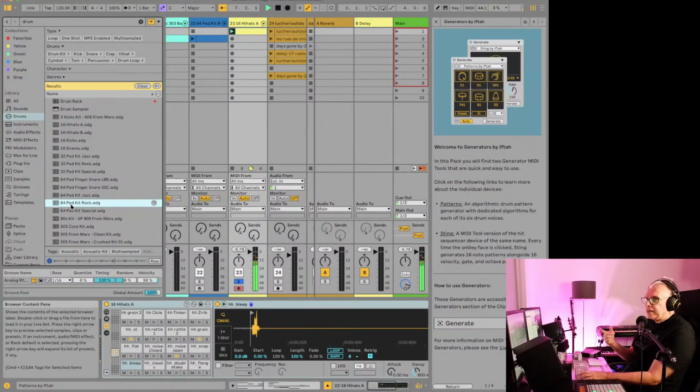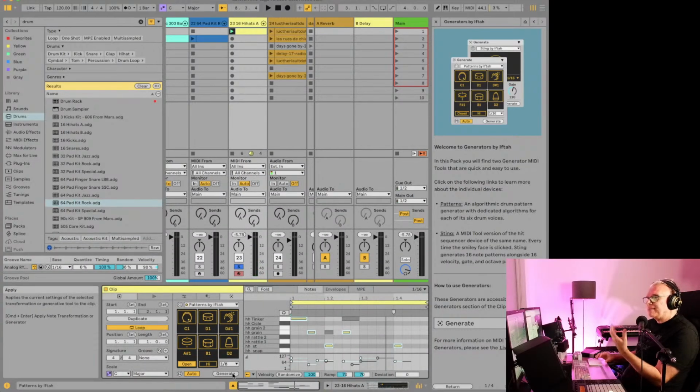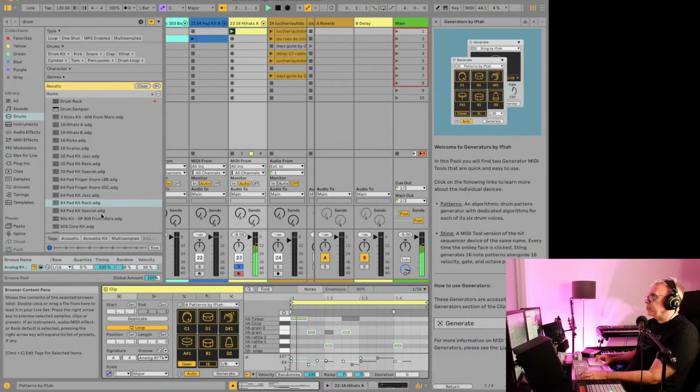This is just a preview of another one. You sort of feel where this could go. But okay, so the first thing about this is that there's no groove to it, but if you've got stuff in your groove pool, which I do here, you can just add stuff from the groove pool in here and start to,